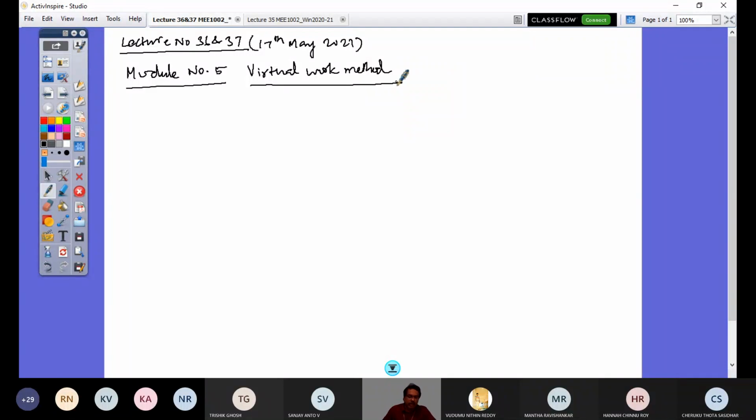What is this virtual work method? This is again a proven, very effective method to solve a group of static problems, particularly the problems of equilibrium involved with connected bodies. Correct? So this method is suitable